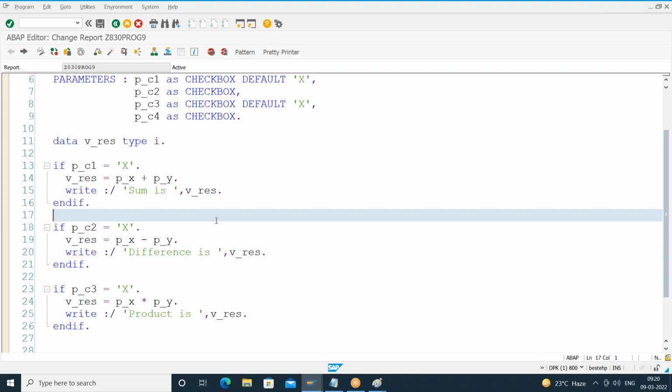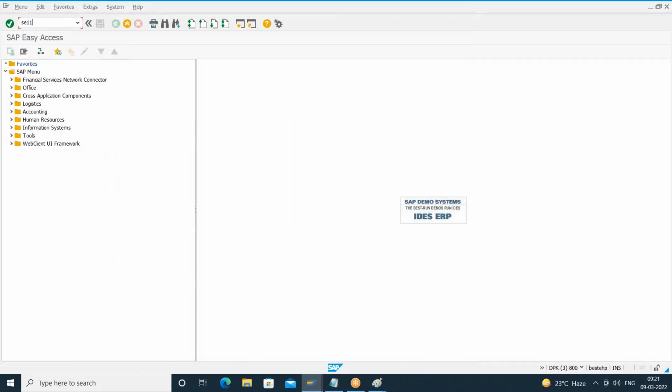Any questions here? Sir, can we restrict the user to select only one checkbox? Yes. If that is the case, you can go for radio buttons. But in case of checkbox also, if you want, I don't have a direct option, but going forward we have a concept called the screen internal table. We don't know it at this stage, but just for information, if I go to SC11,